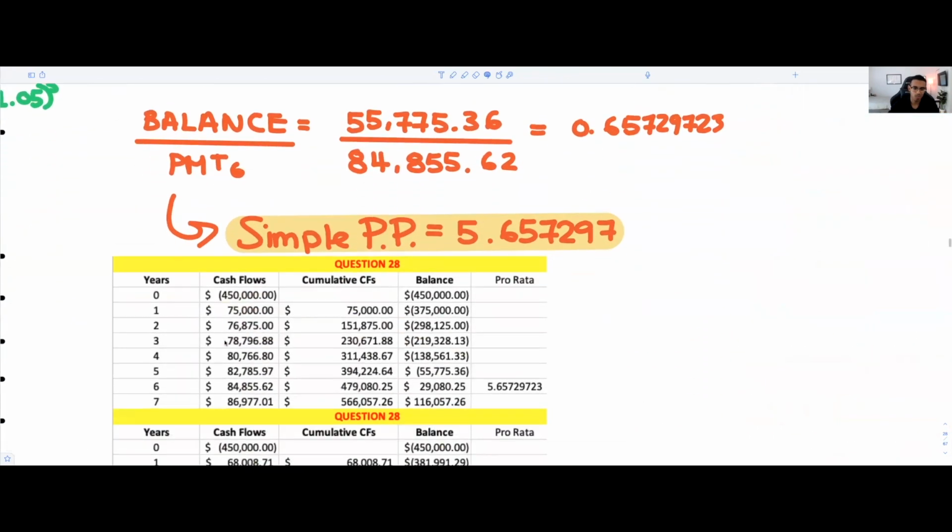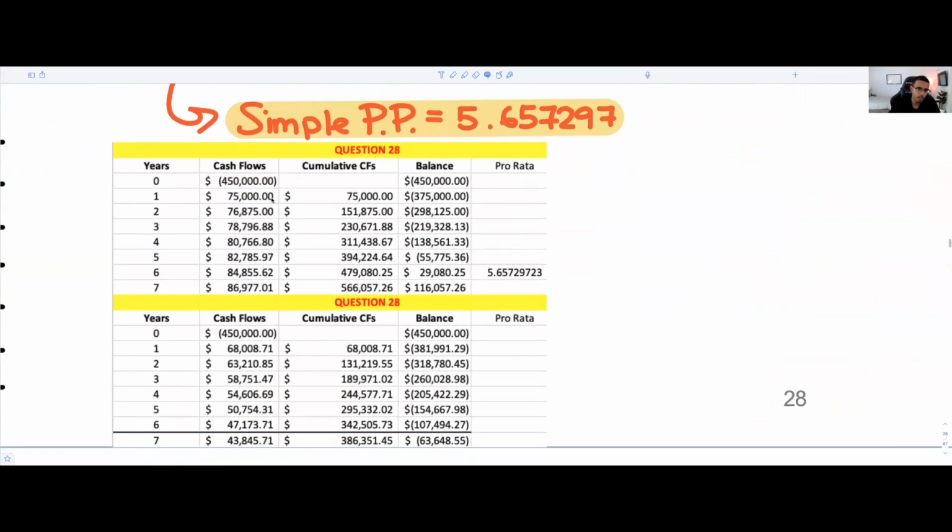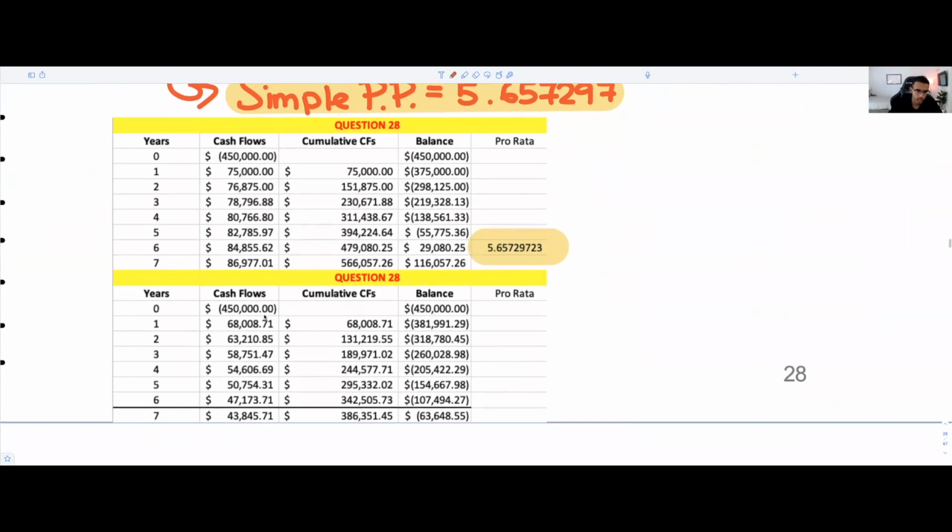Oh, that's hilarious. So notice how we have the same table. We have years, cash flows, cumulative cash flows, so the sum of all those cash flows, the balance, and then you have the same answer that we had before, 5.65. It's pretty straightforward. But you notice that with our discounted cash flows, which are right here, they will actually never surpass the project within those 6 years, such that your payback period will actually be, in this case, never, because our project stops at 6 years,